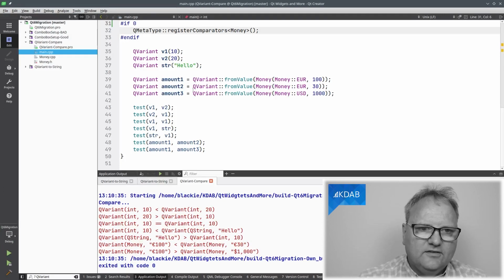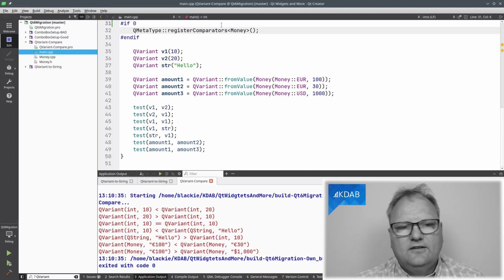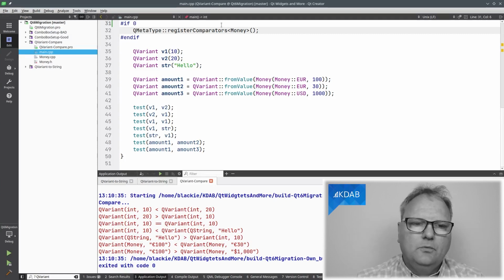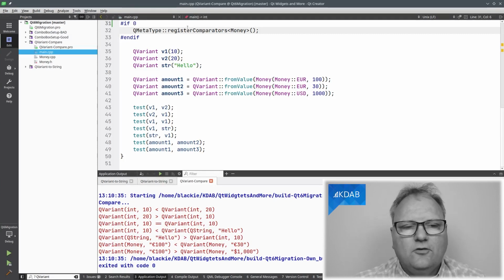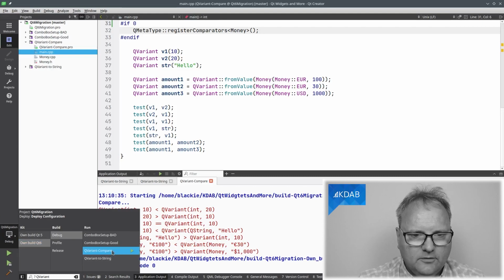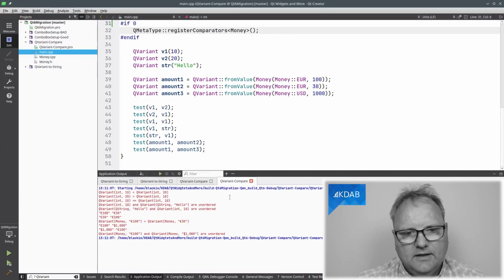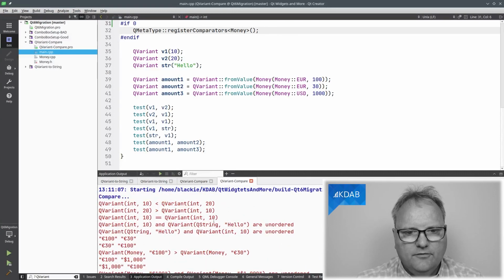Let's turn to Qt 6, and there I do not need this register comparators. It is already available, or it does that automatically, and I just need to switch to Qt 6 compare and run it again, and compiling, making the font bigger, and now we can see 10 is less than, and so on. 10 and hello are unordered.